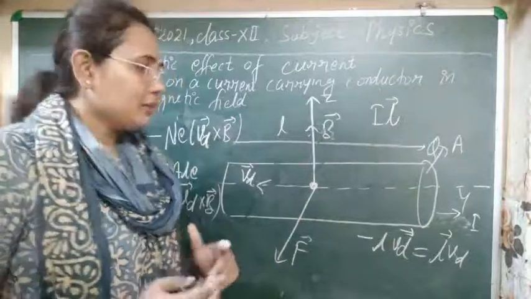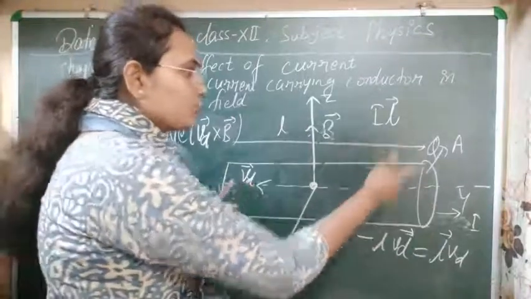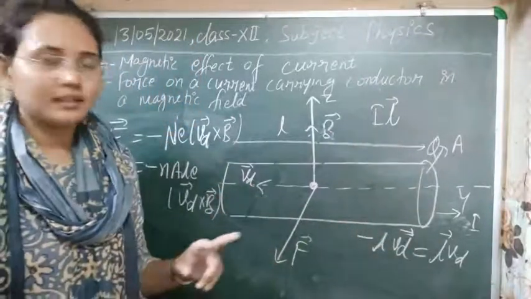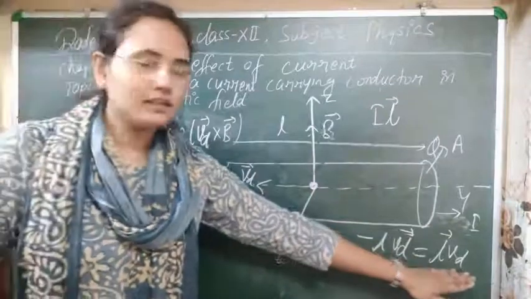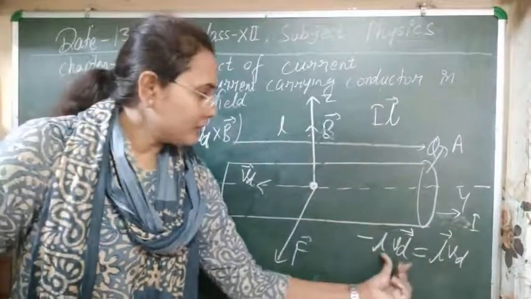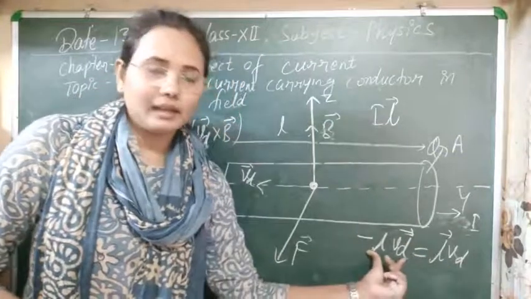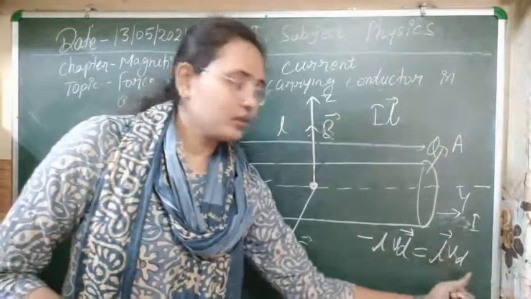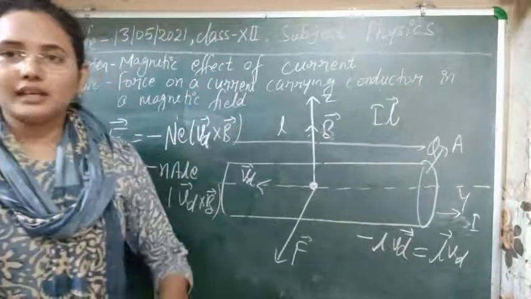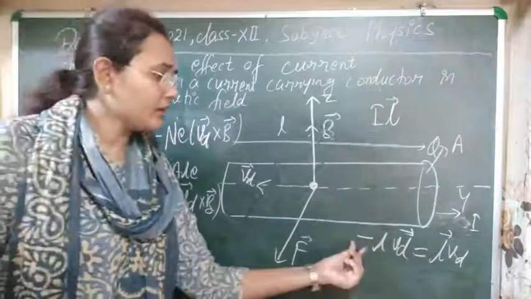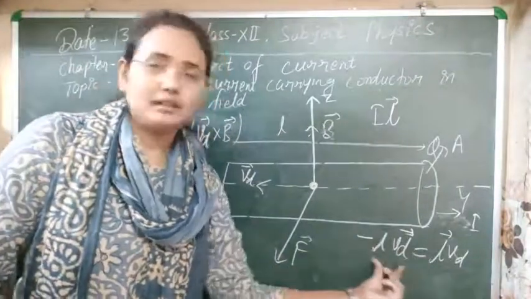For this current element vector we can see that this L and Vd are in opposite direction. Means if these two vectors are in opposite direction, then for these two vectors we can write this thing, that is L cross Vd, vector Vd, will be equal to negative times vector Vd cross L. Means we can just denote these vectors in this way.